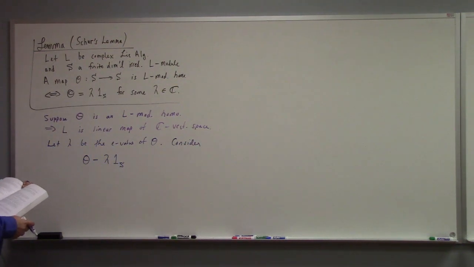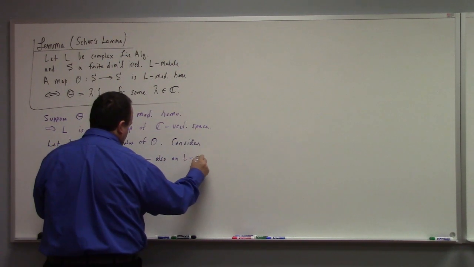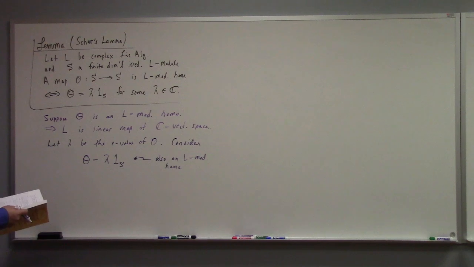Now theta is a linear map, and if you subtract a scalar multiple of the identity on S, then it's also a linear map, right? In fact, more than that, it's an L-module homomorphism. What would that mean? That means it satisfies the definition of L-module homomorphism, which was given back at 7.6, I guess. The L-module homomorphism is exactly what you would think it is. If you put an operation in, you can get the map of the operation out, and